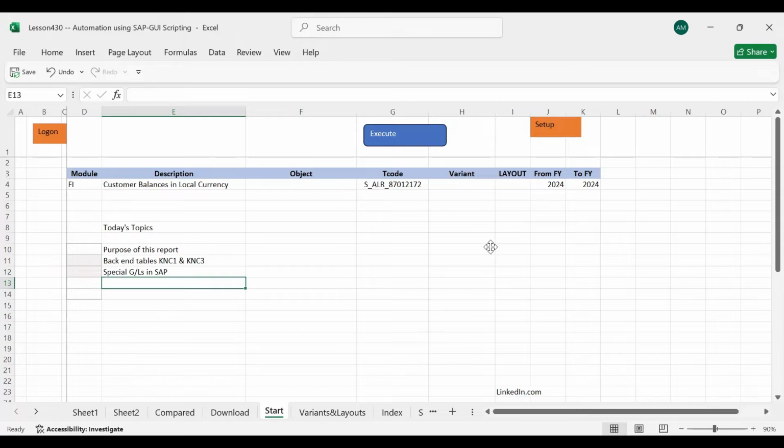Welcome to this series of videos in which we are showing you how we can automate using SAP GUI scripting and VBA, mixing them, and that allows us to do extraordinary and very fascinating things. Here is an example which we are going to present to you. We take the example of this T-code as ALR